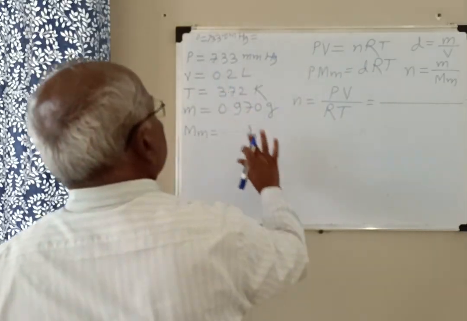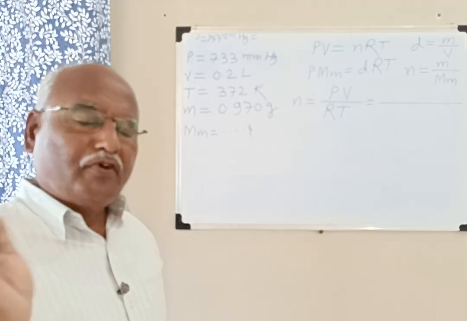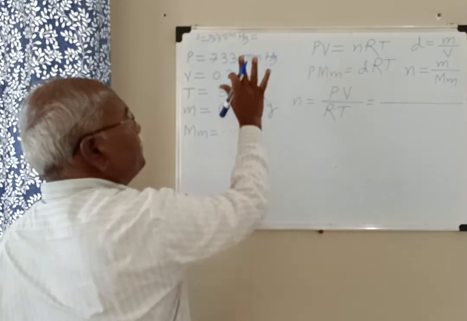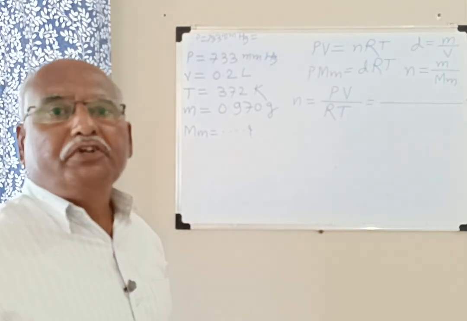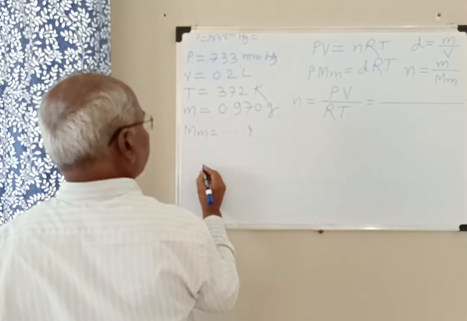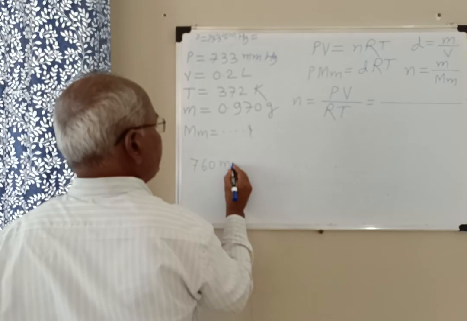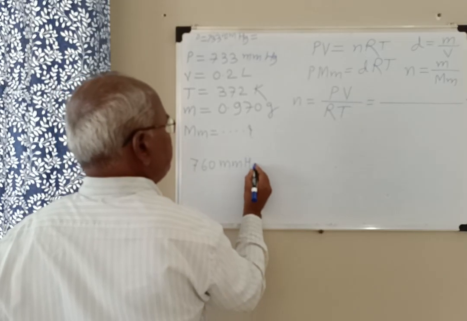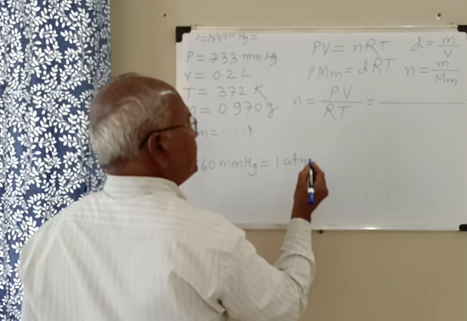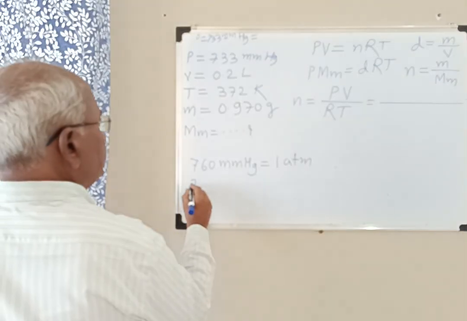P is given in terms of height of mercury. We want to convert it into atmosphere. So look here, 760 mmHg is equal to 1 atmosphere, and therefore